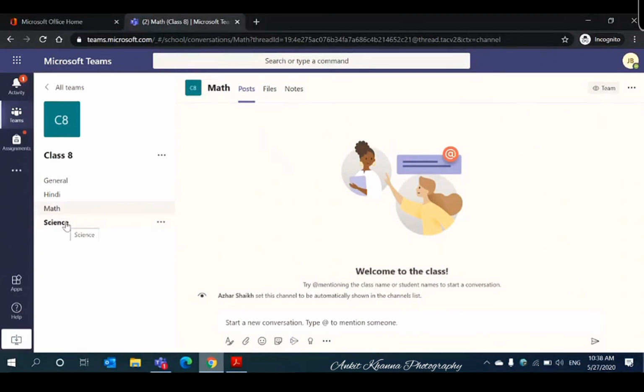So this gives you a perspective. Whenever it is bold, that means there are some unread messages for you. That means the science teacher has posted something and you need to check it. You need to visit it. So whenever you see bold, that means you have not visited that channel, or you may miss a post or message from the teacher.